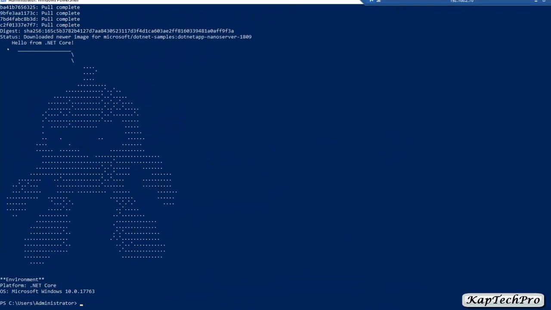Okay friends, so as you can see we got Hello from .NET Core team. What basically happened was, when we ran that command, Docker downloaded the application package files, extracted them, and later the container showed this message. This was the output message we received from the container, Hello from .NET Core team. So friends, we can say that we have successfully installed and run a Docker container on our Windows Server machine. That's it for this video demonstration.